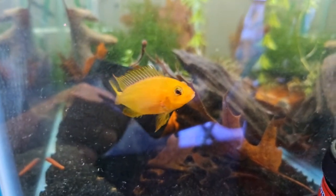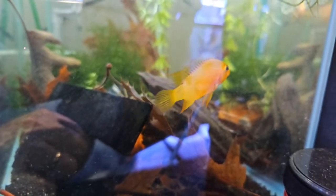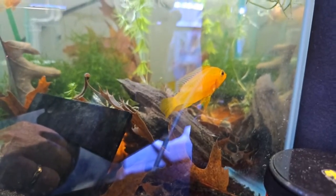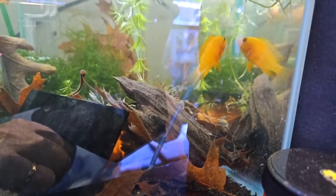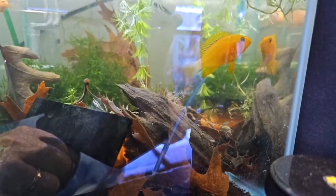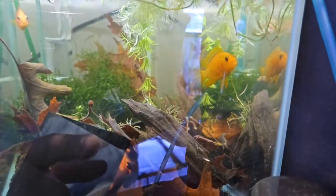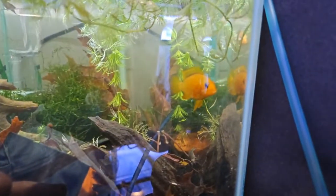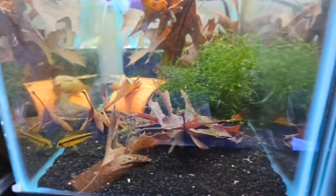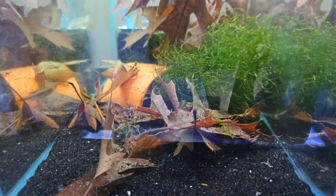What do you think? Is that a male or a female? Any thoughts out there? It's a pretty goldfish. Yeah, it's interesting. Not sure. Now over here we've got a pair of Agassizii, but